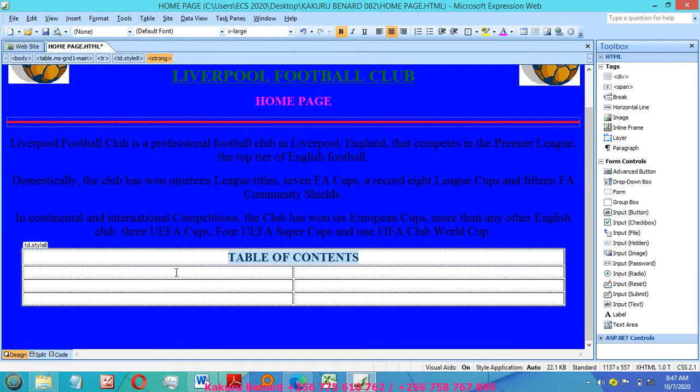So after doing that, we can have our, we say home page. We have club players page. We shall have online form page. So describe it: home page, description of the team,